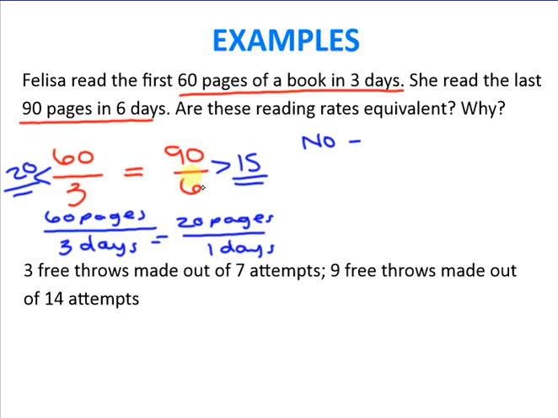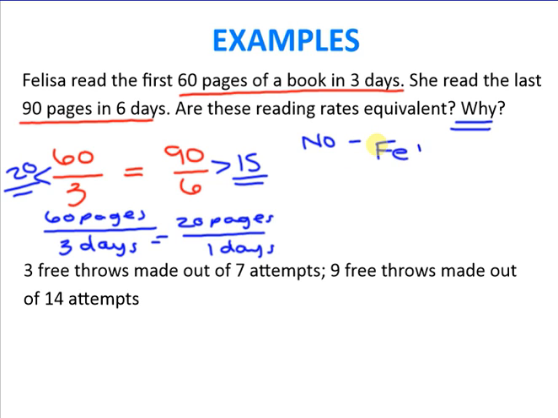So what's nice about the division method is that it actually gives me the unit rate, and I can use that to defend my answer, to give me the y. So in my y, I'm going to explain using the unit rate. So no, these are not equivalent because,